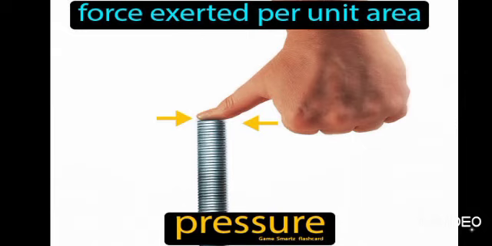What is pressure? Pressure is force exerted per unit area, or pressure is produced when a force acts on an object. In most cases, an object exerts force on another object by making contact with it or by touching it. We will now describe how the effect of force applied by an object on another object depends on the area of contact between the two objects.